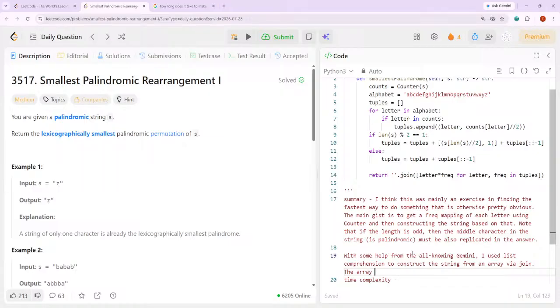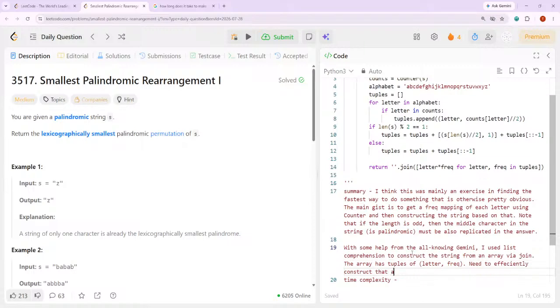The array has tuples of letter, comma, frequency. Need to efficiently construct that tuples array